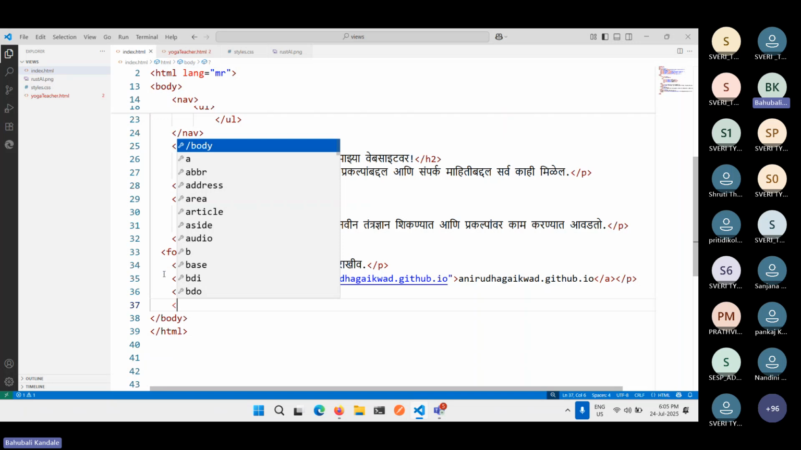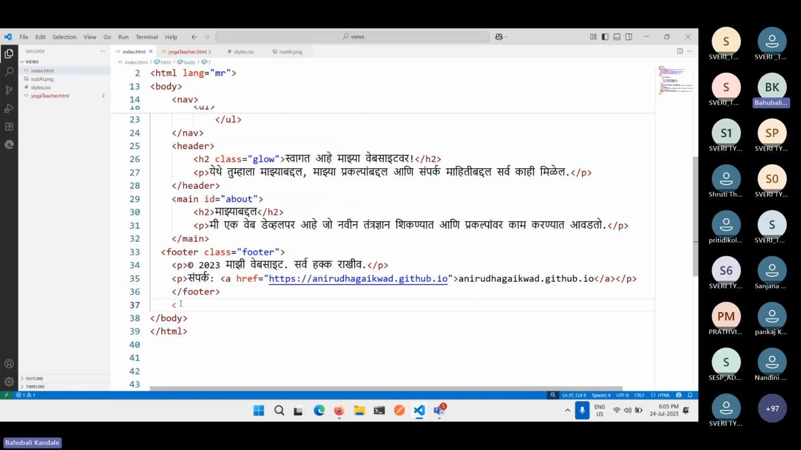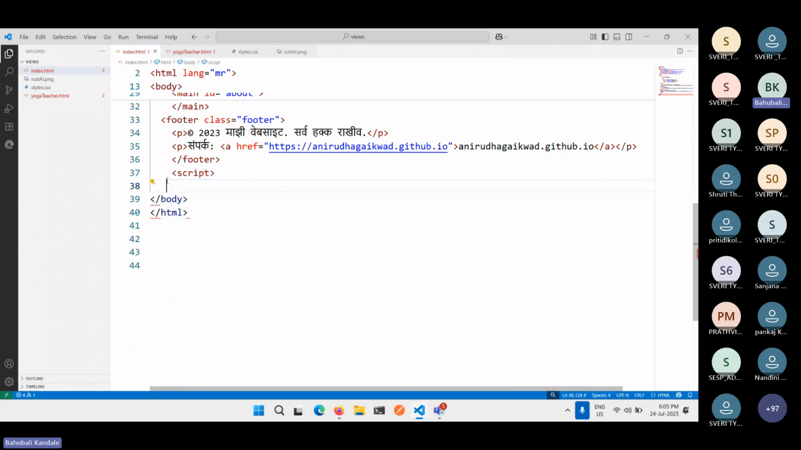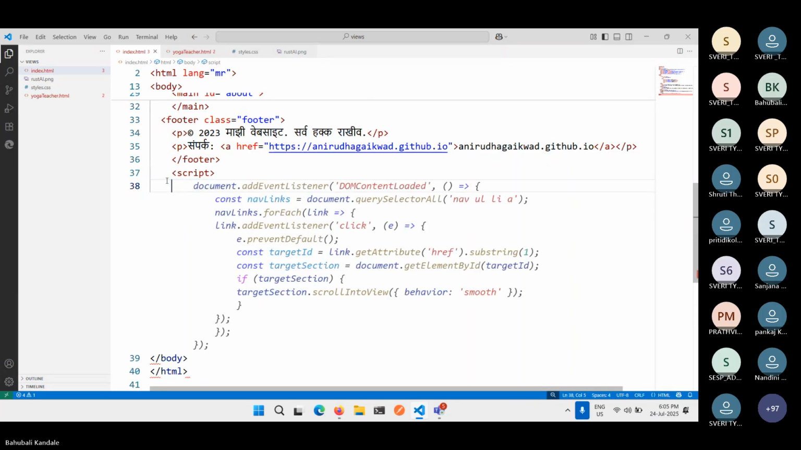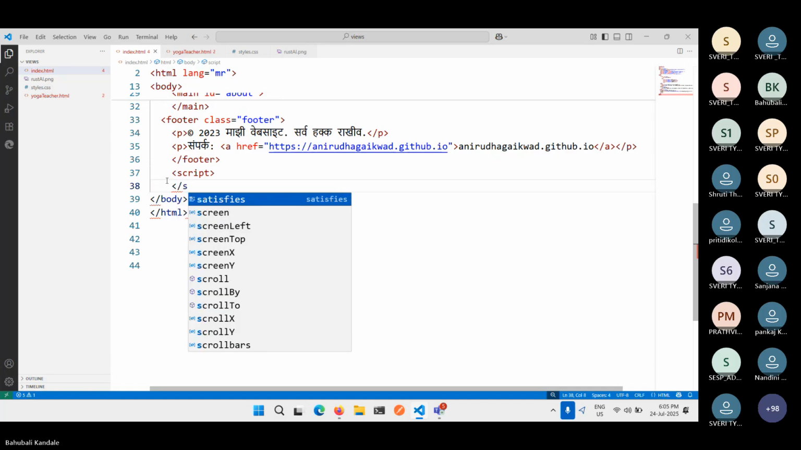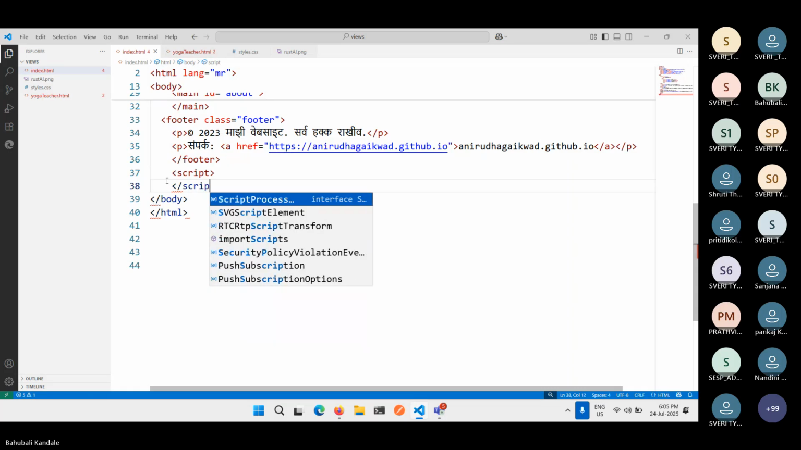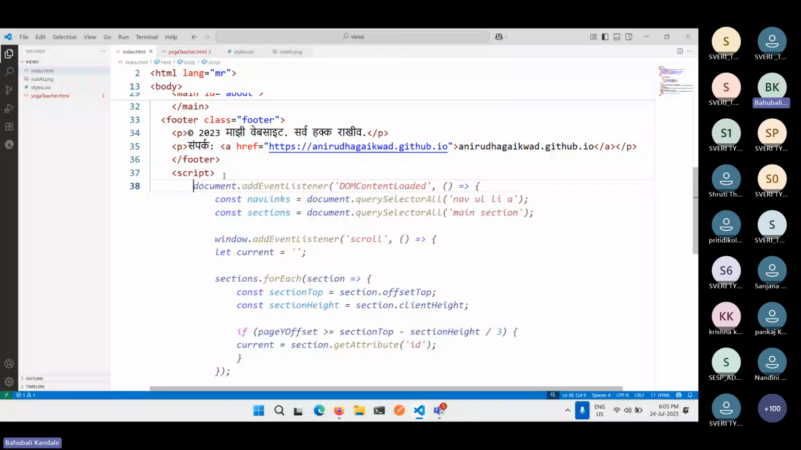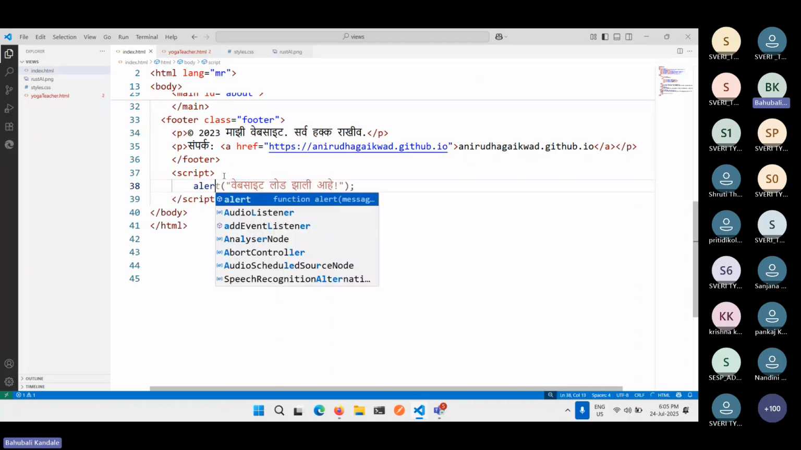I will write that JavaScript using a script tag. That tag name is script. And then the close script tag. Okay. So within that opening and closing script tag, we can write our script. I just write alert